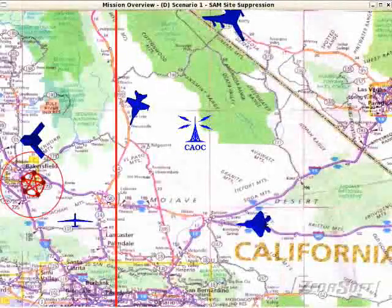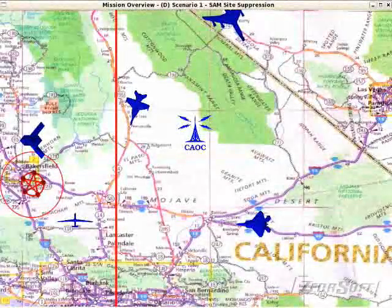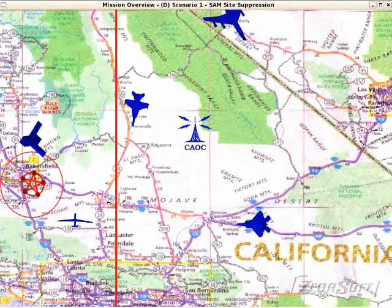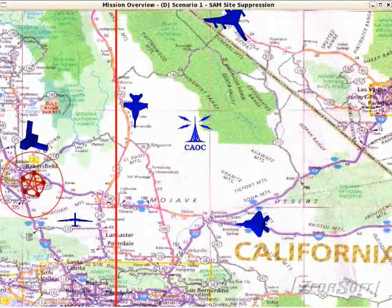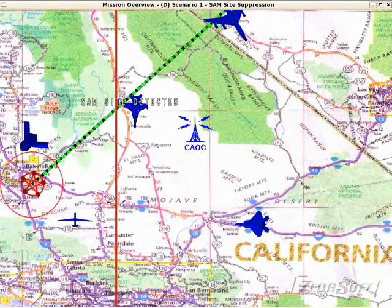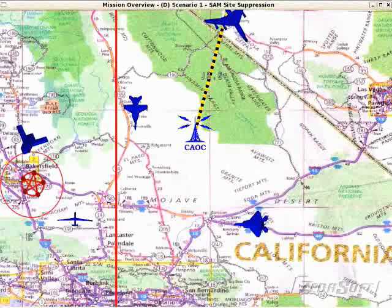In this scenario, the SAM site is an SA-10, and the site's radar picks up our Global Hawk UAV. To ensure a safe rescue effort, that SAM site has got to go. Next, as you'll see right up here, the RC-135 Rivet Joint airplane has detected the SAM site's RF information and processes it. It also identifies the SAM site's 3-dimensional coordinates and sends that targeting information to the CAOC over top-secret